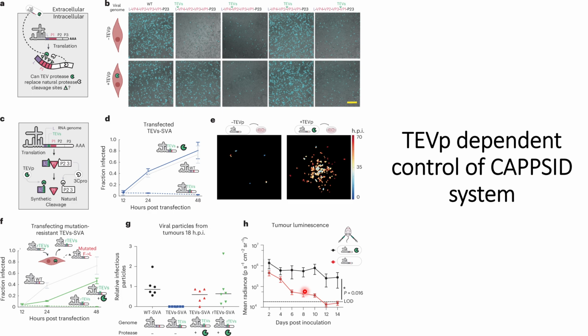What they are able to see is that when the TEV protease is not there, they are able to see a decrease in the signals, indicating that the virus is not replicating further. Whereas when they also introduce the TEV protease along with the recombinant system, where the protease site is modified with the TEV detectable sites,